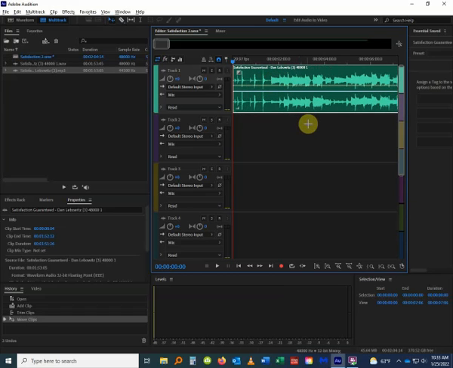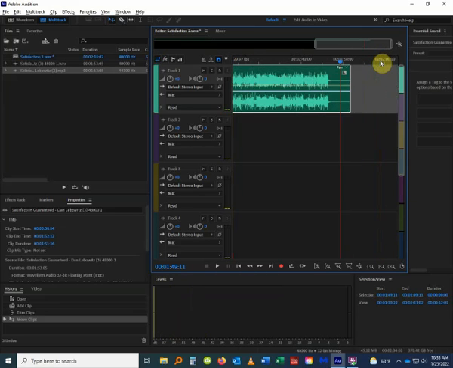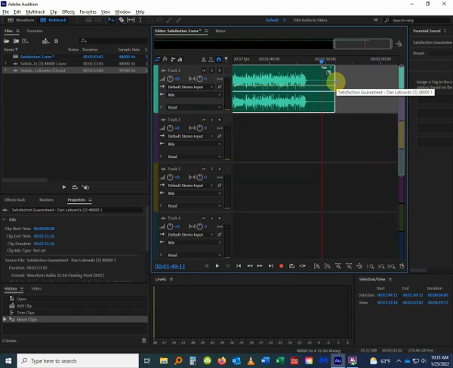Now I'm going to hit the backslash key on the keyboard, which is right above the enter key, and I'm going to move the playback head down here to the end because there's dead space at the end. Again, I'm going to hit the plus a couple times, and I'm just going to touch the edge until it turns into that funny looking little tool again, and that's the trim tool, and just trim it back